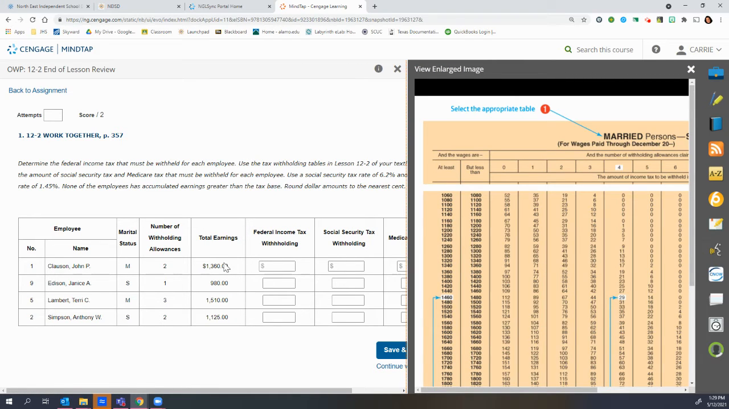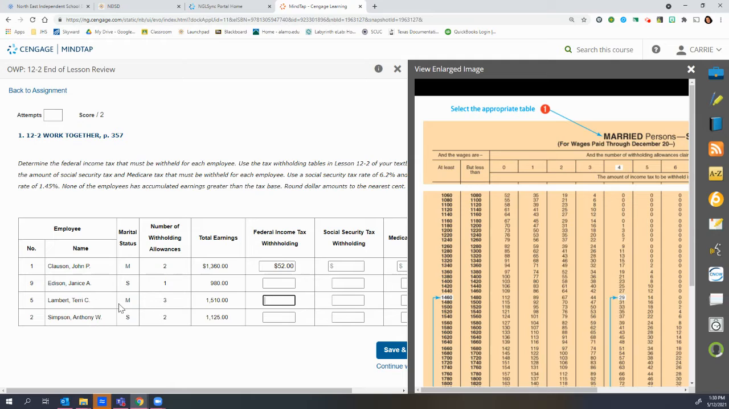Oh, cool. Okay, so I'm going to go to 1,360, which is right here. So at least that, but less than 1,380. See, so 1,360 right here, and he has 2. So I made sure he's married. This is the one for 0. This is the one for 1, and this is the one for 2. See this $52 right there. So I'm going to put $52 right here. And I like to do all of the federal income tax withholding first because it's easier,